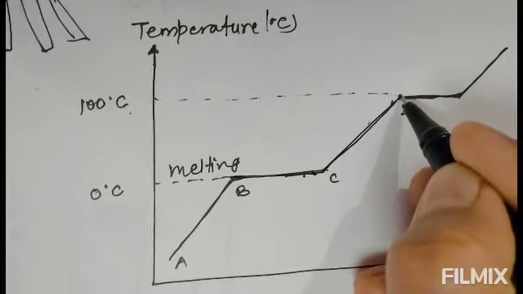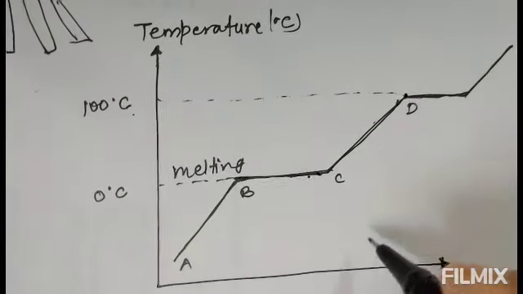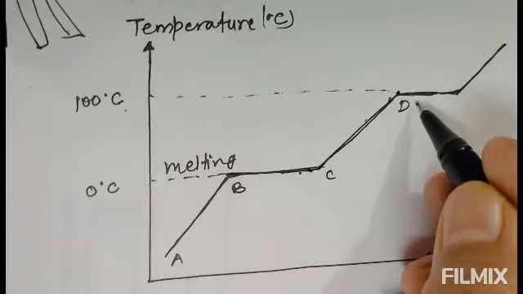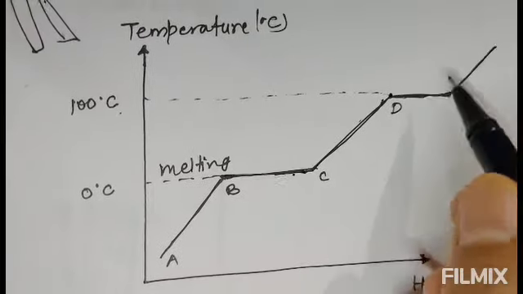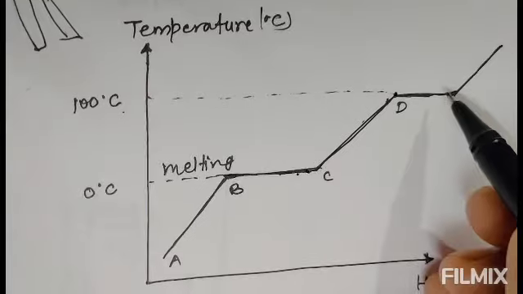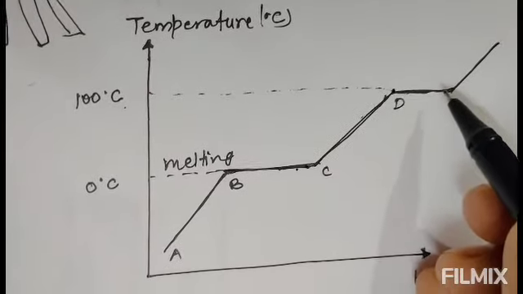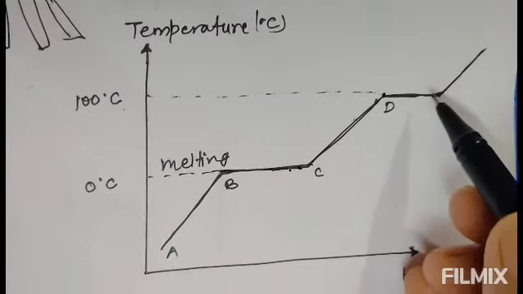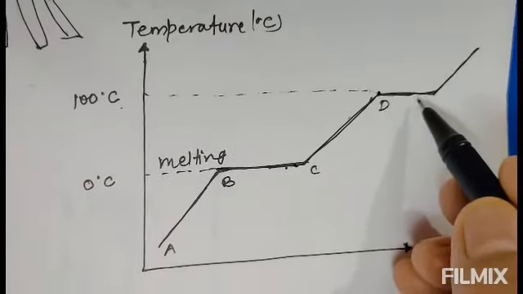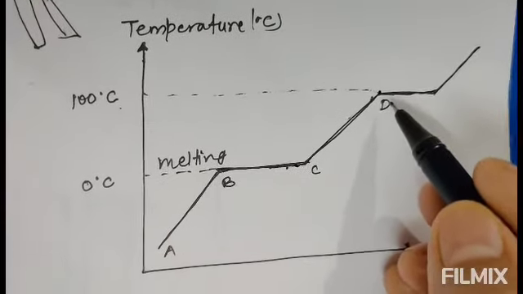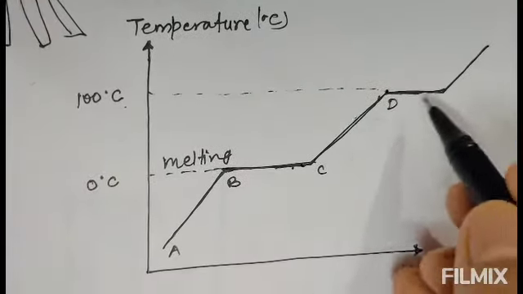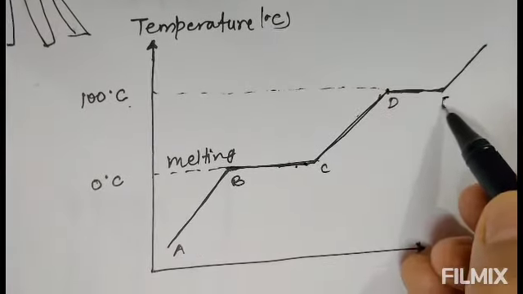Okay, now this is shown in the graph by this portion, as indicated by CD here. Now you will see the heat supplied is used to change water from liquid state to vapor or gaseous state, and this change of state from liquid to vapor or gas is called vaporization. And in this experiment you will find this portion of the graph, you can say D to E, this one.